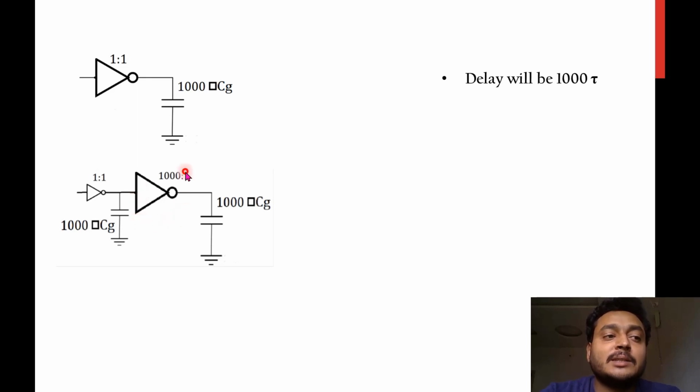Miller capacitances in inverter delays. So from this node to this side, we have 1000 times the width, so 1000 times CG is going to be seen here. From this 1:1 inverter to a 1000 CG load, what's the delay you're going to get? 1000 tau. So from here to here you get 1000 tau delay, to charge this 1000 CG. Since this is 1000 times wider, the resistance is almost 1 by 1000 of RS.